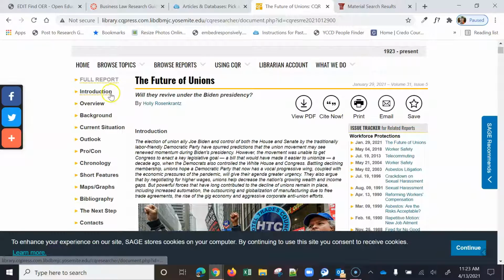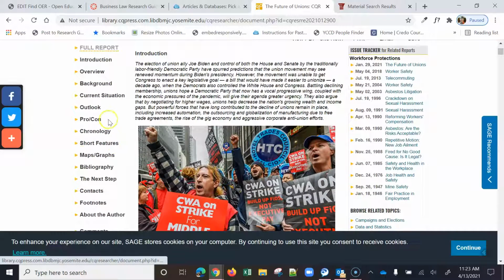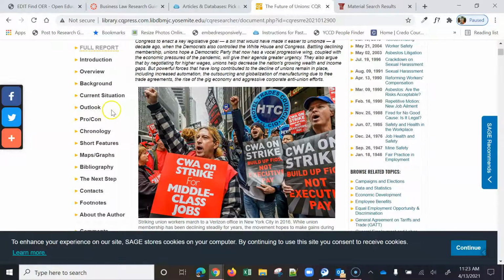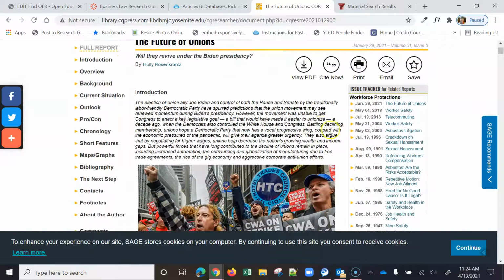They start with an introduction or a hook, like any good speech or writing. They've got an overview, background, current situation, what it's going to look like in the future. They always have a little pro and con section. They give you chronology, short features, a bibliography, which is great to find additional useful resources, contacts and footnotes. They also, along the side, link you to